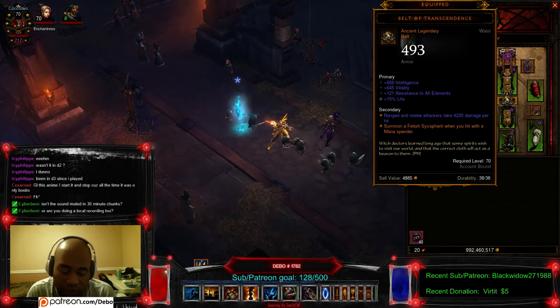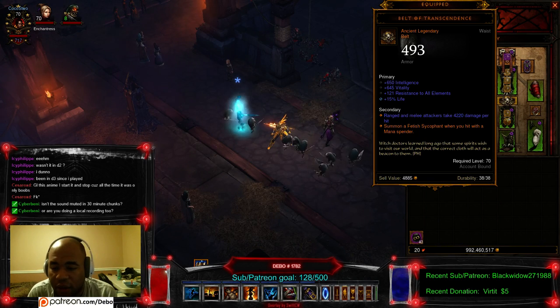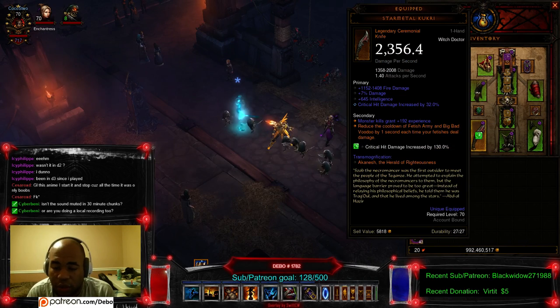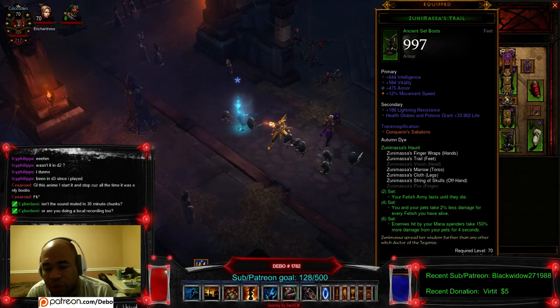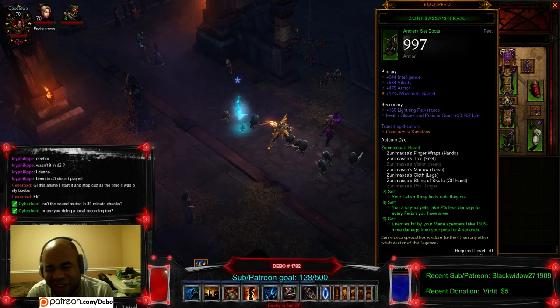I got the Belt of Transcendence. These are the pants that used to be pants, but now they're a belt: Int, Vitality, all resistance and life percent. Summon a Fetish Sycophant when you hit the enemy with a mana spender. We got Star Metal Kukri. It's pretty straight up. It's not ancient, but it'd be nice: damage, Int, and critical damage. Zuni Boots, pretty straightforward: Int, Vitality, armor. I'd like the Zuni Boots with Int, Vitality, armor and all res, but that's not too big of a difference